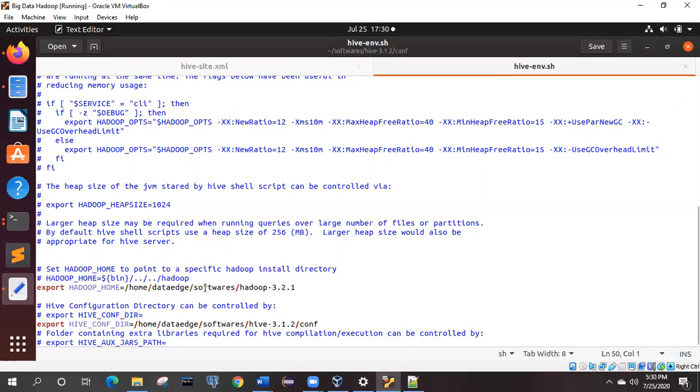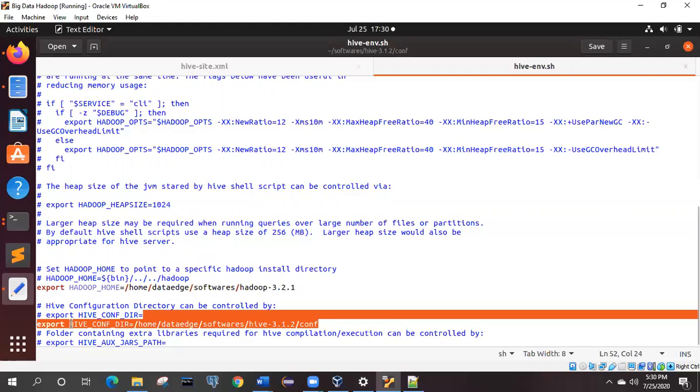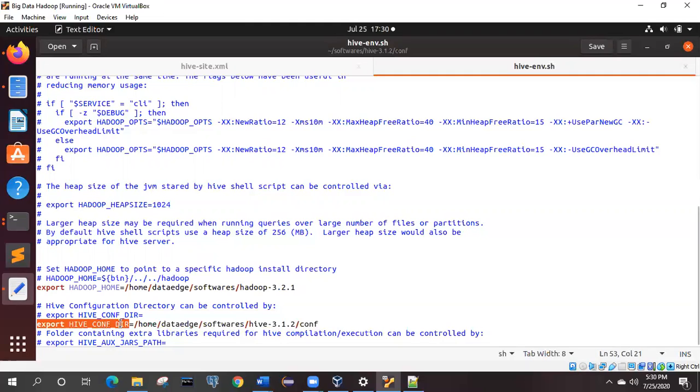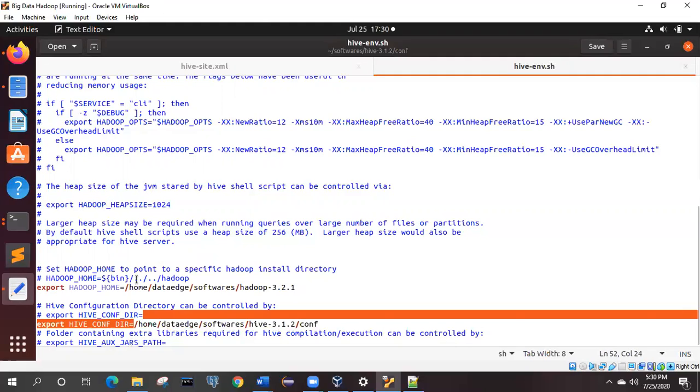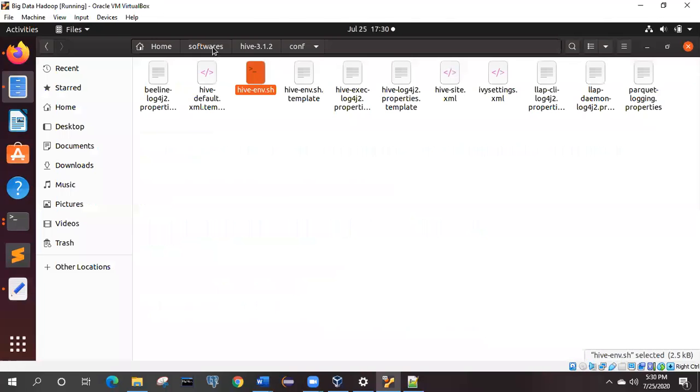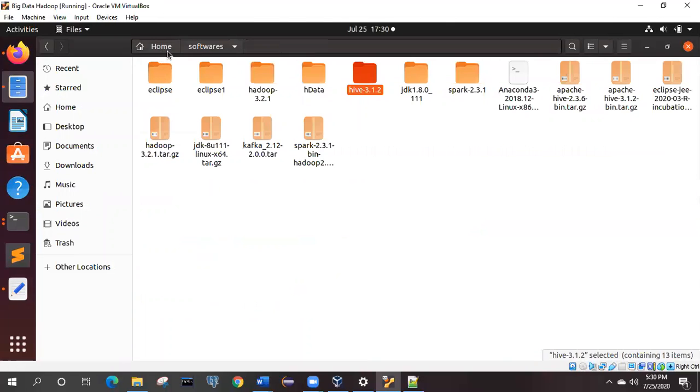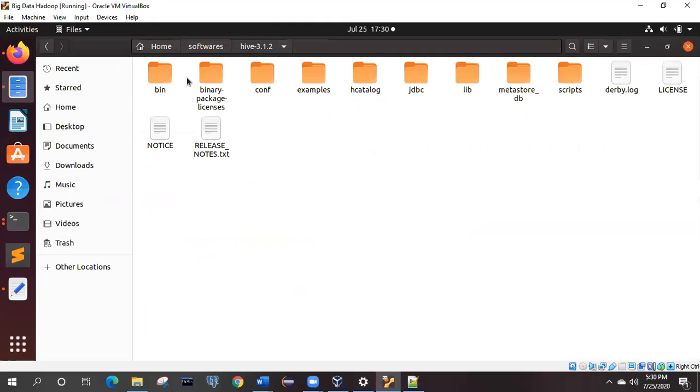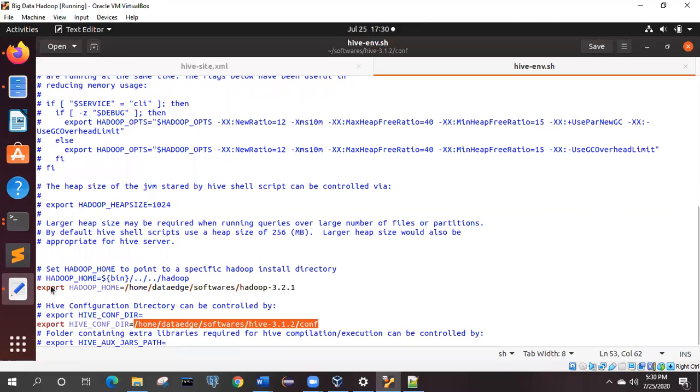Second thing, it will ask for the Hadoop conf dir. Initially, you see, this environment variable is commented, so I didn't delete it and change the value over here. Instead, I created a new HIVE_CONF environment variable, and then I need to set the Hive location up to the configuration folder. In my case, if you look over here, Hive is present in home, data, software, Hive, and here this is the configuration folder. So the same location I need to provide over here. So I have given this one. Just save this one. Okay.